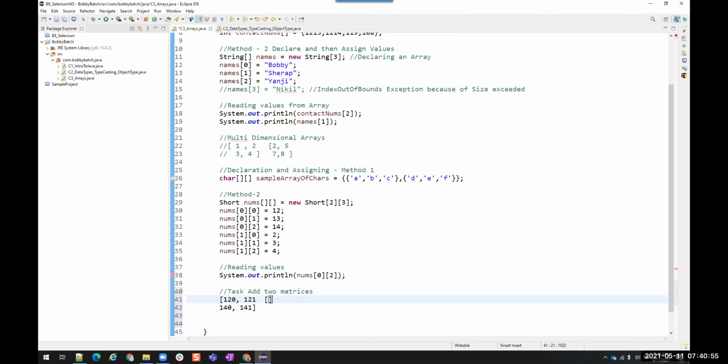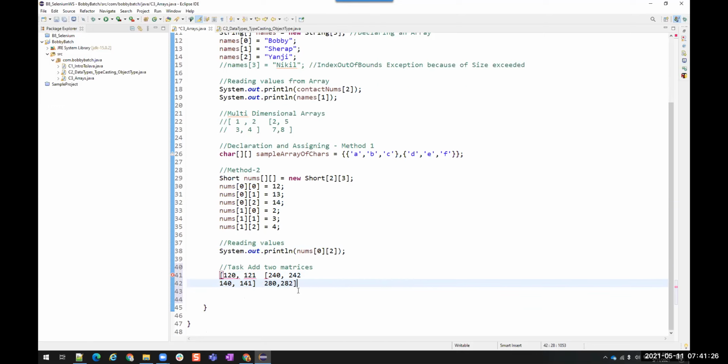Matrix 2 is say 240, 241, 242. Then here it will be 280, 280. So these are the 2 matrices that I want you to add and show.